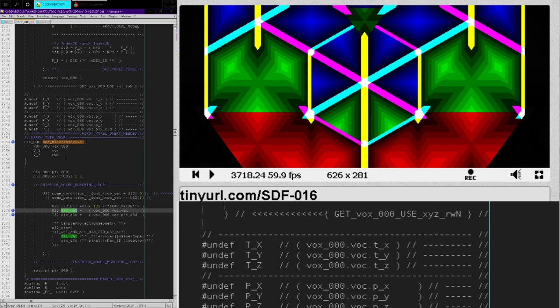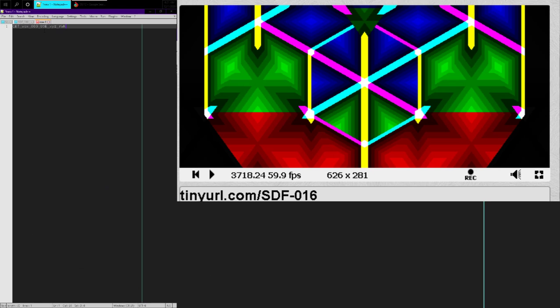That's my thought there. So I think that we should rename this to something like get pix000 use, and then xyz rwn, and then